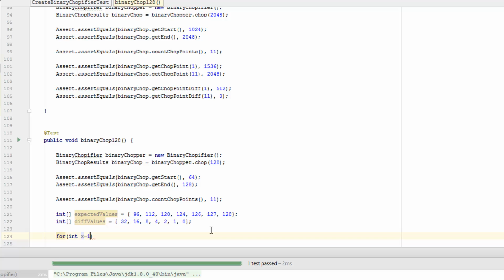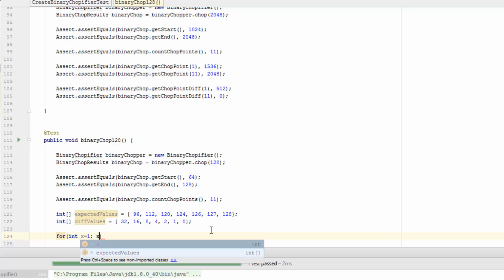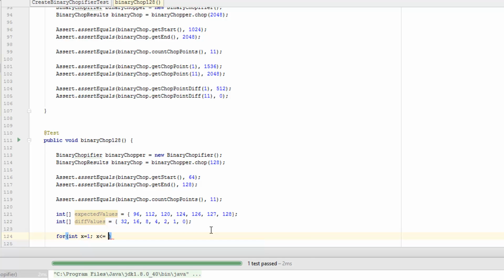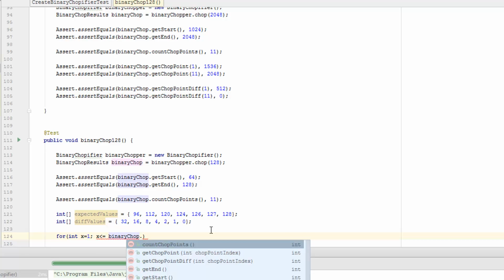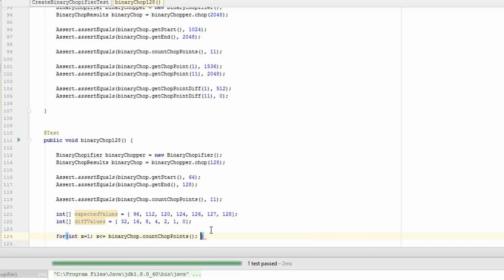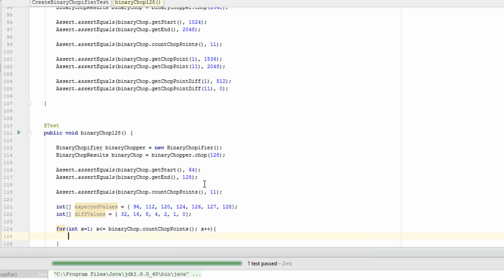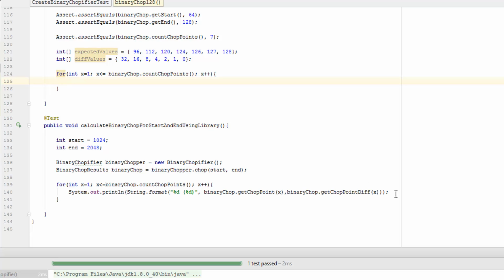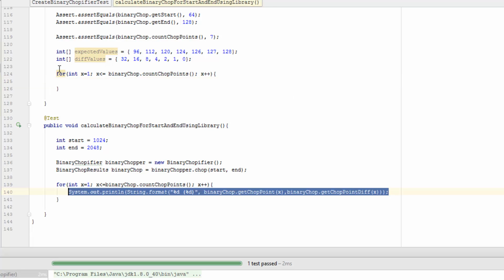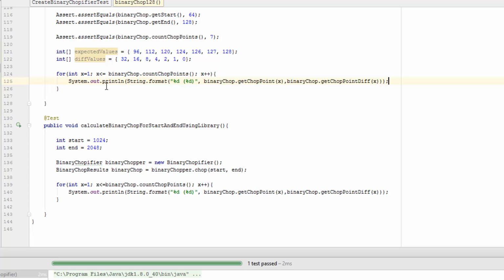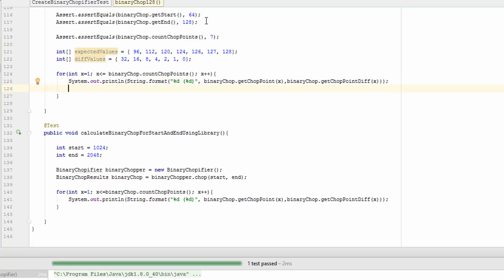So now x is less than or equal to binary chop dot count chop points, x plus plus. Now let's put in a check here. 1, 2, 3, 4, 5, 6, 7. Make sure that's right first. Then I think I will. Have we still got that? Let's use the system.out, stick that in just for visual safety net. Then let's assert